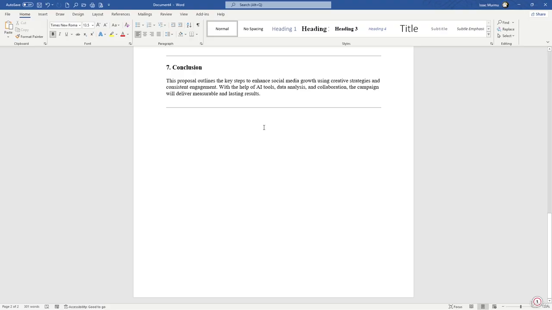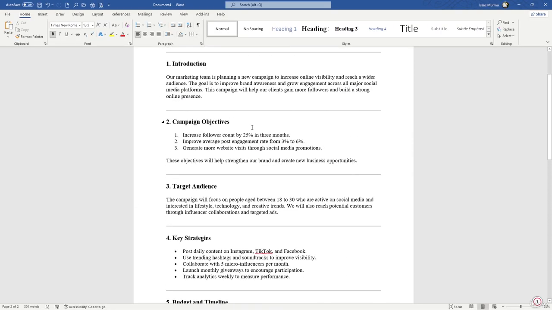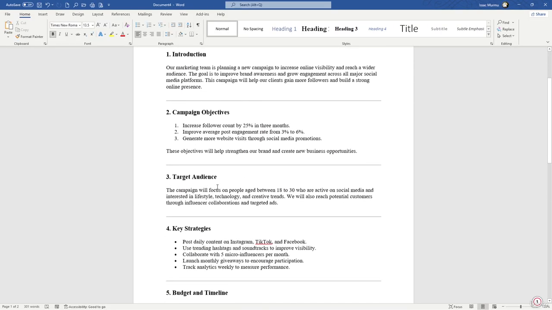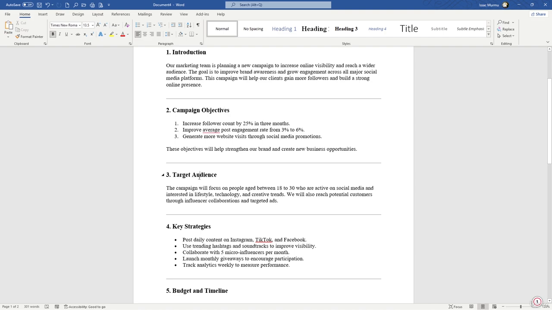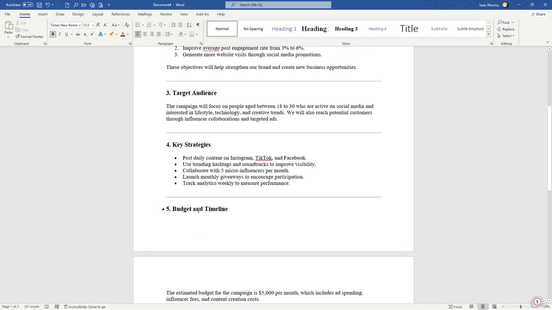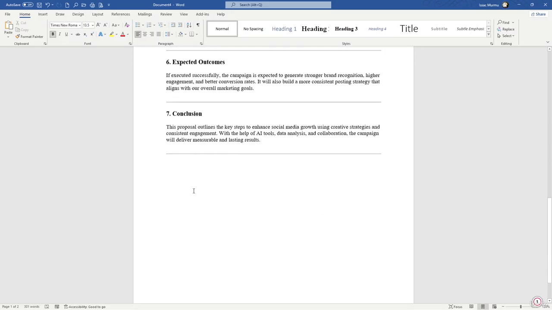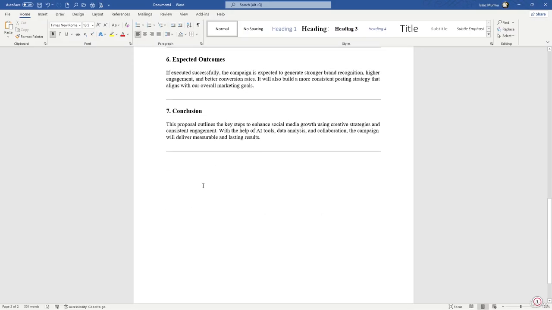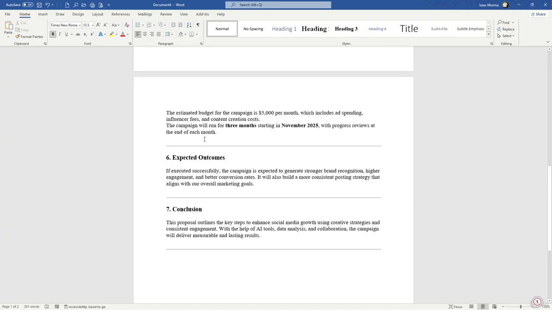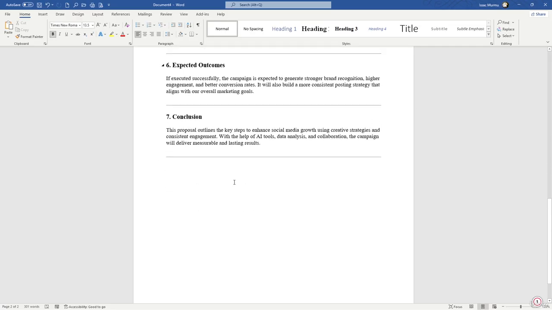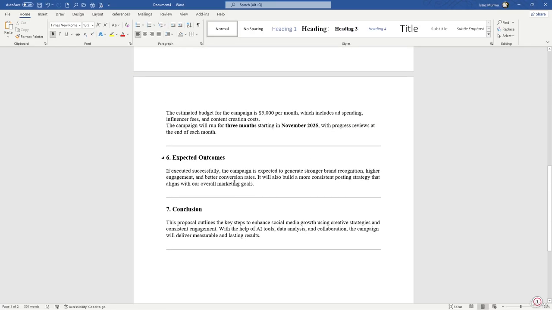It includes sections like introduction, campaign objectives, target audience, key strategies, budget and timeline, expected outcomes, and conclusion. Our job is to collaboratively review this draft, improving clarity, tone, and professionalism while keeping track of every